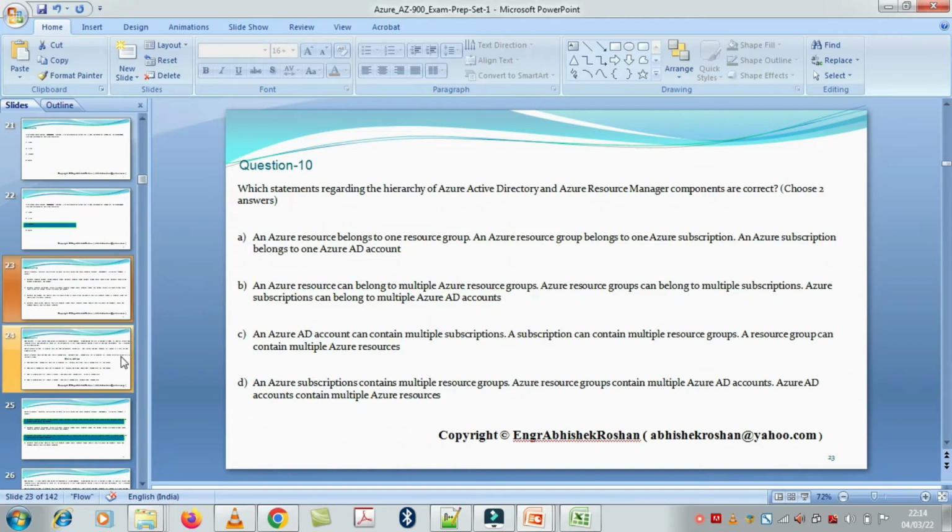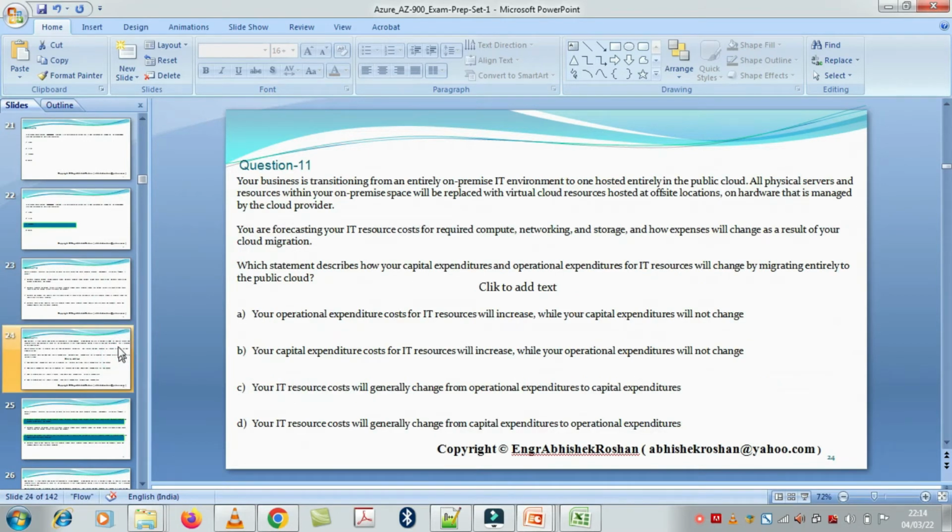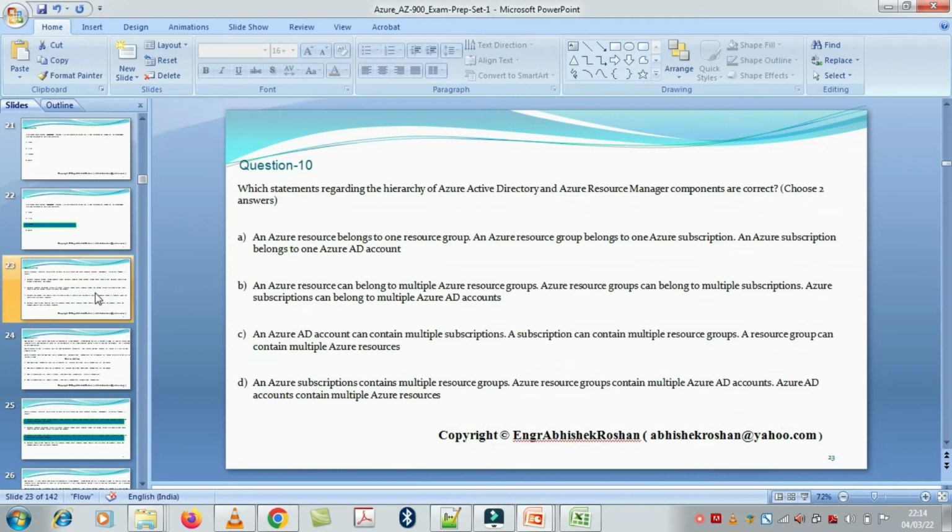In this one, there will be two questions. In some questions you are going to get two continuous questions, and you cannot go back to the previous question. We know that suppose we made a choice, like A or B, but later on we think no, A is the wrong answer, B will be the correct answer. But in this situation, in the AZ-900 exam,